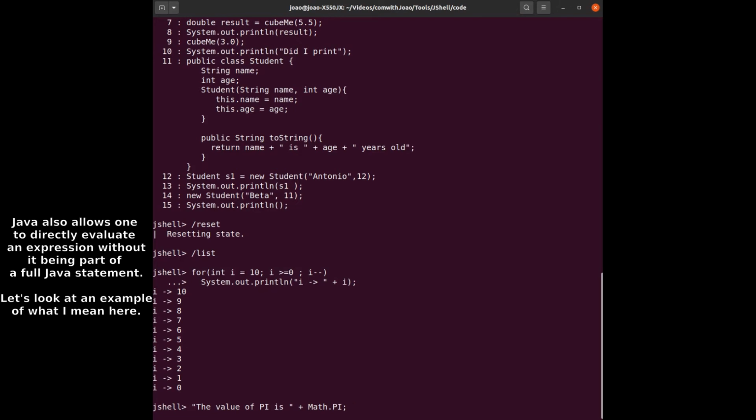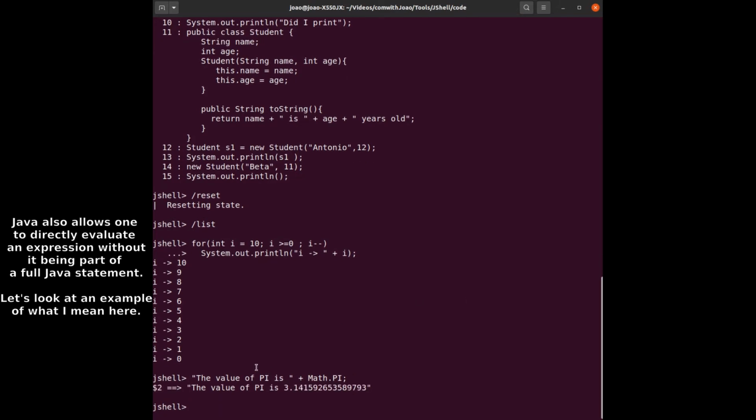And as you can see, it's not a full Java statement, it's a partial Java statement, yet it works in JShell. And it's giving me a scratch variable, so I could say